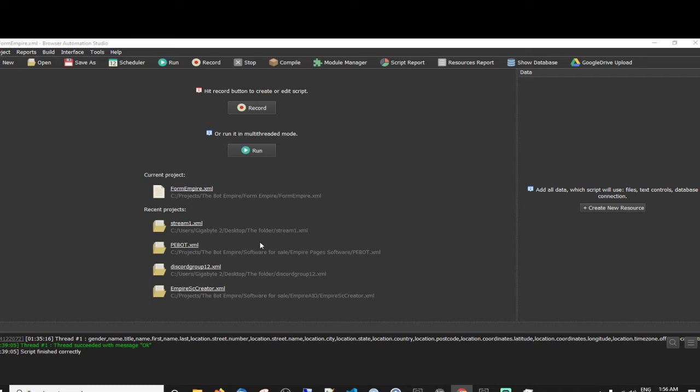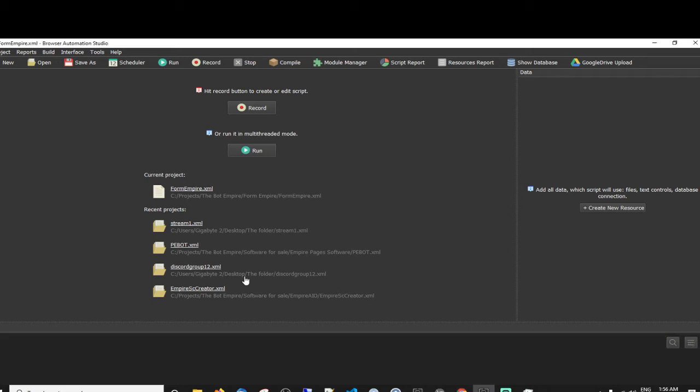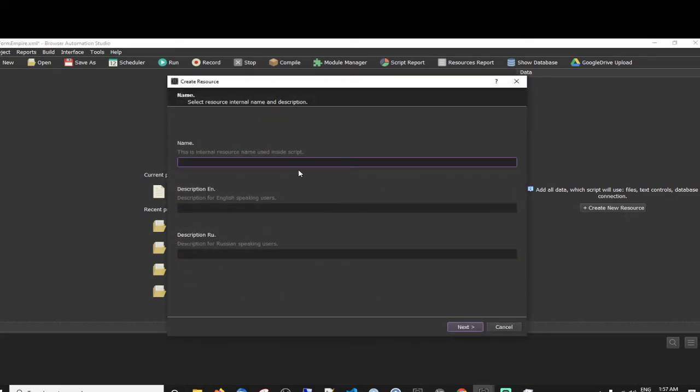Okay. So let's clear all this. Why is that still there when it's a new project? Okay, so I'm going to start with the scraper. For the scraper, I'm going to have a resource list of keywords.